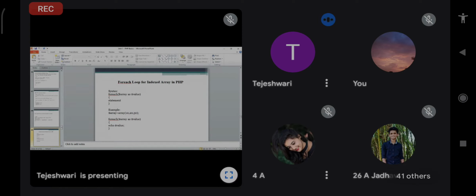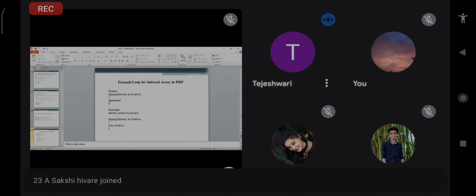So we have to take foreach, and in that, in brackets, we take the $array, whatever array variable is there, anything that you want to take. I just took $array here. Any variable you want to take. So $array as $value: whatever values are in the array will go into this second variable $value, and this $value will be printed in the statement.